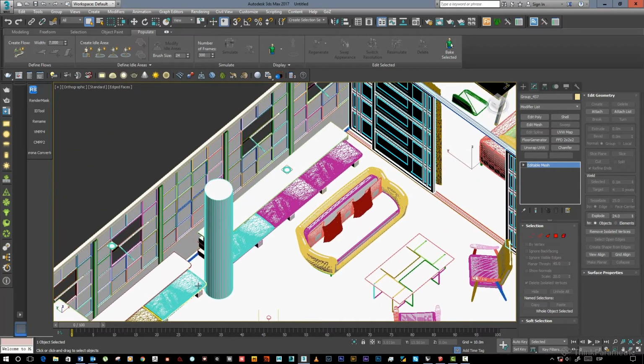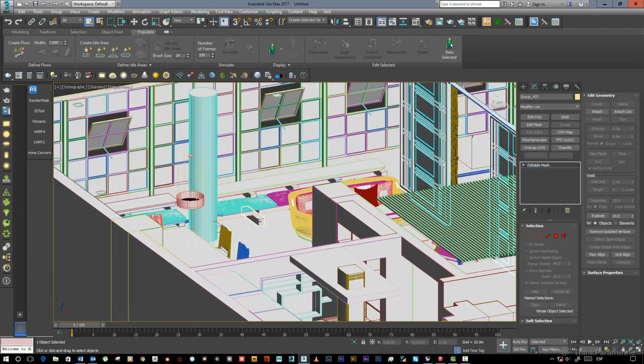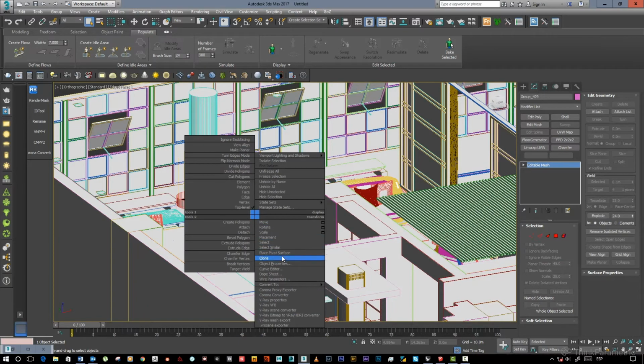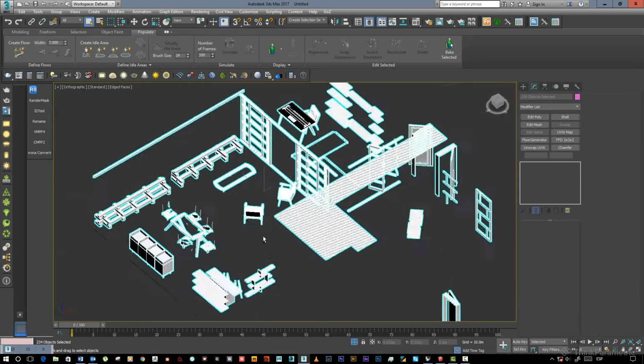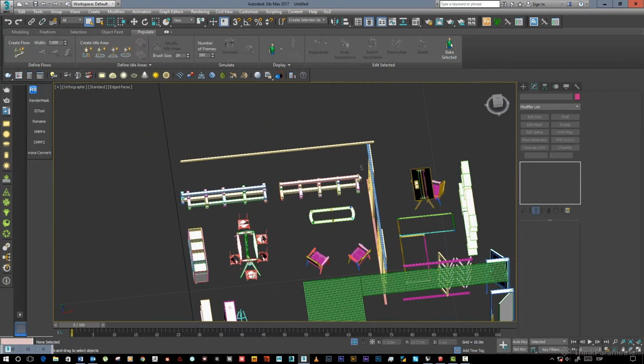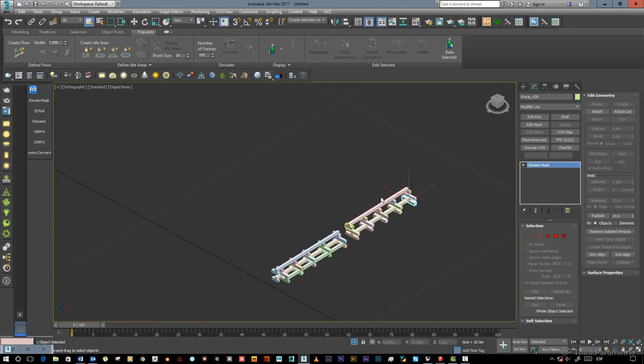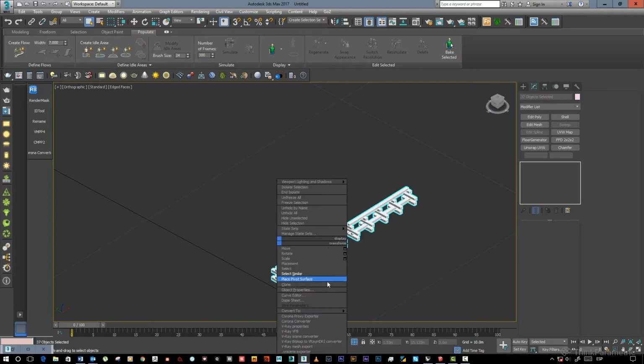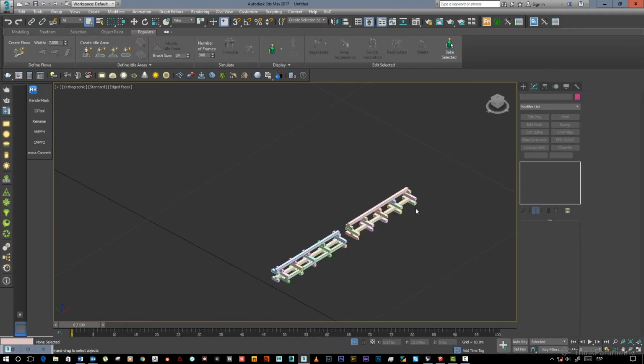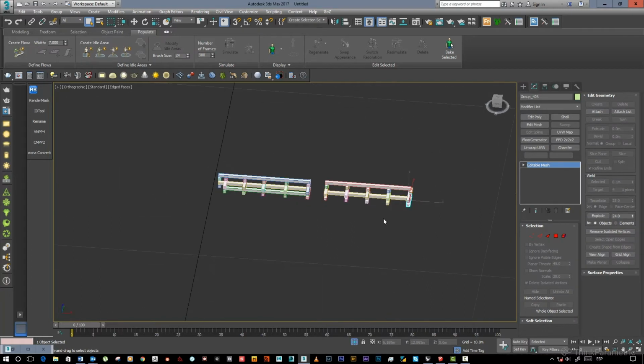So let's see what else. There is also this Madera. So select similar. Okay. So one common thing that happens here in Max when importing objects from SketchUp is that there are many times in which the normals are blocked.